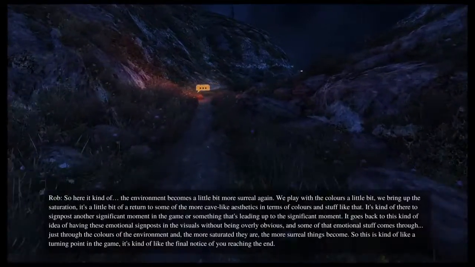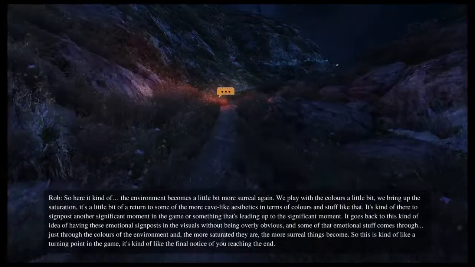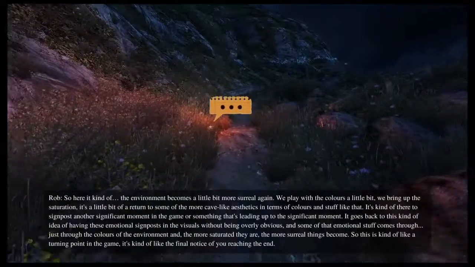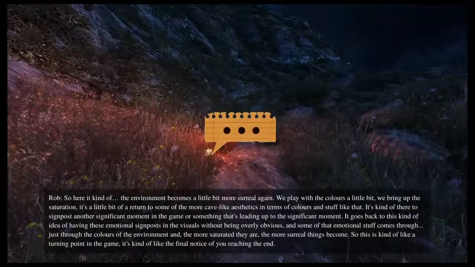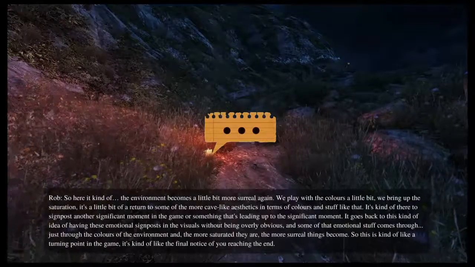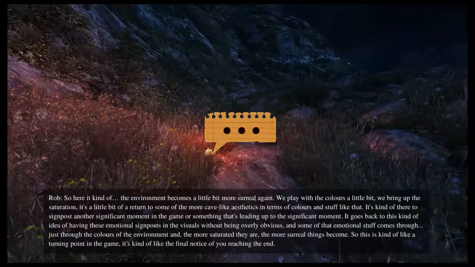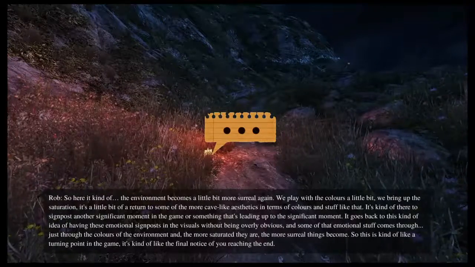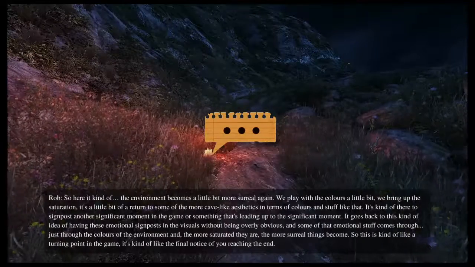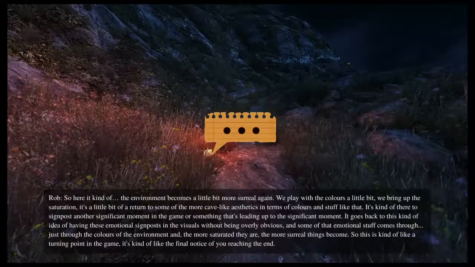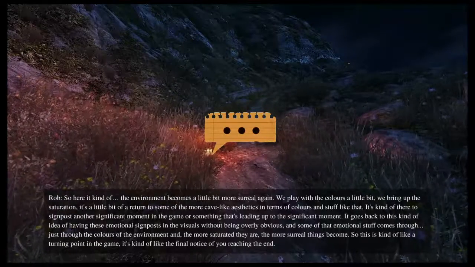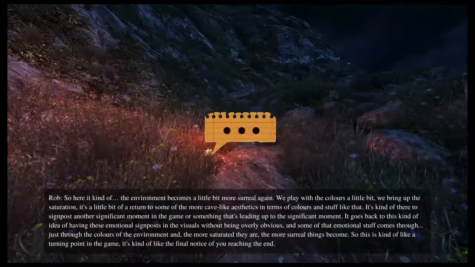It goes back to this idea of having emotional signposts in the visuals of the game without it being overly obvious, and some of that emotional stuff comes through just through the colours of the environment. The more saturated they are, the more surreal things become. So this is like a turning point in the game. It's like the final notice of you reaching the end.